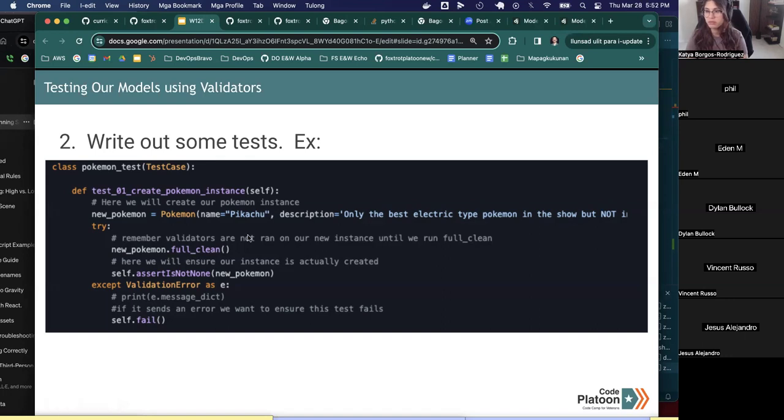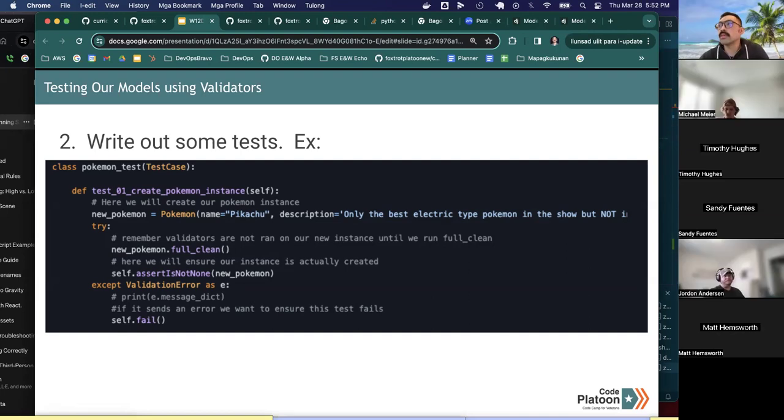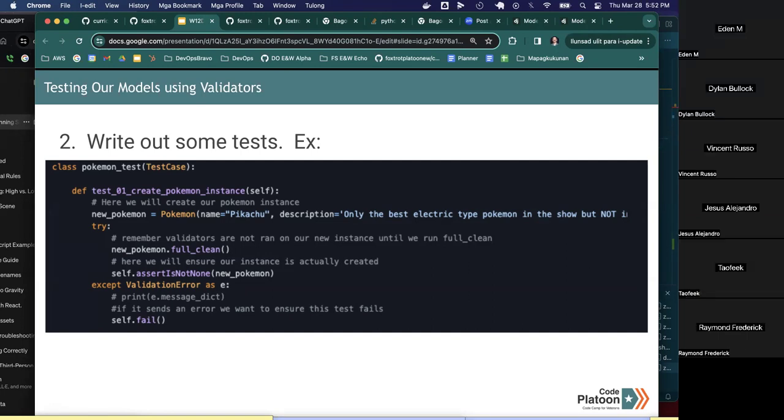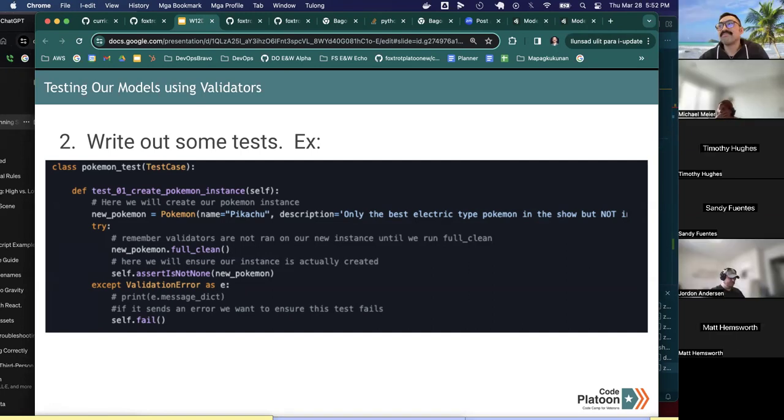I'm guessing the wording on this is just not the best, because the answer from ChatGPT and the documentation makes it sound like the validations are called by full clean. And so within our test case, we're calling full clean to instantiate the actual validations. Does that make sense? No, not really, but